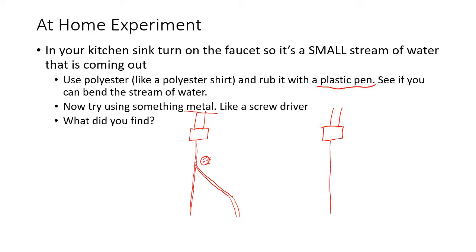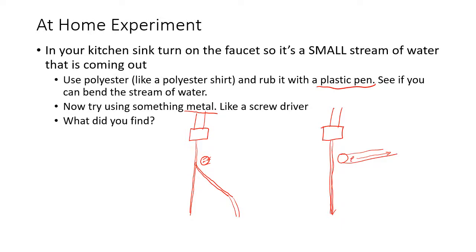When you have a metal rod right here, all the electrons that you put into there by rubbing it with the polyester shirt are going to go down the metal rod into your hand or into wherever. They're not going to be inside of this metal rod, and therefore this thing is not going to bend at all. It's just going to go straight down,